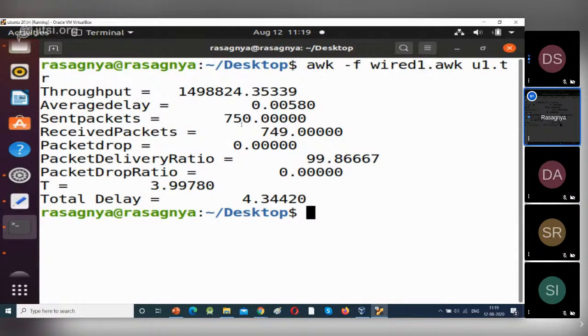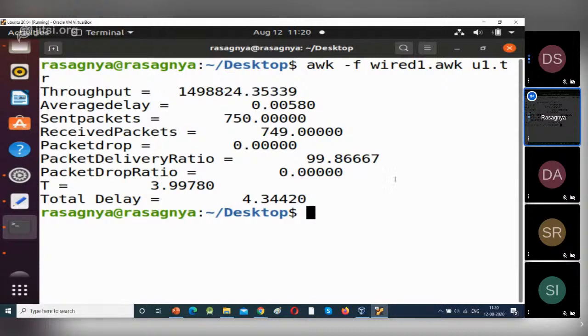So we have an intermediate node. So the sender will send data to the intermediate node. This intermediate node will send data to the receiver. But we are ending the simulation at 4 seconds. That's why one packet is not sent to the receiver. This is what happened. So irrespective of the events, if you want to end your simulation, you can give any simulation time irrespective of the data transmission time.